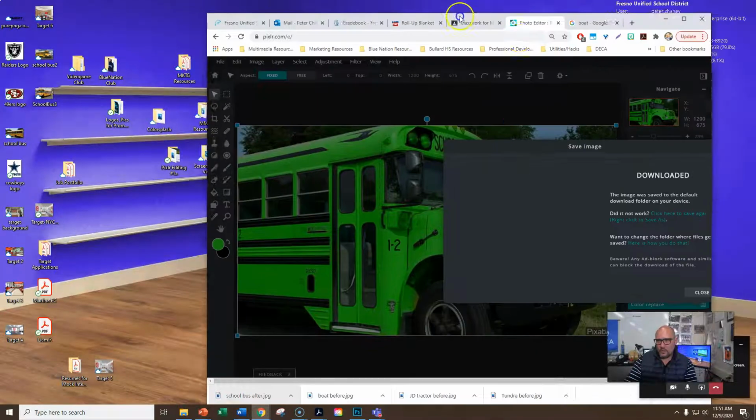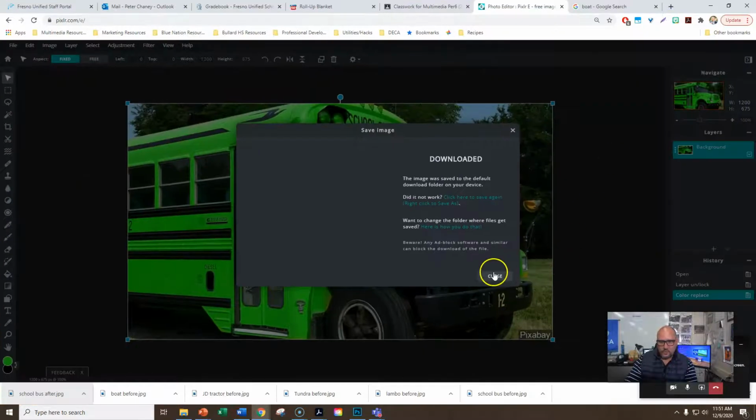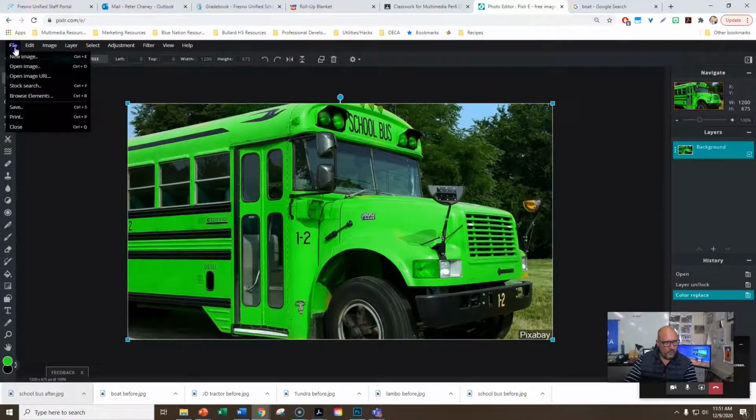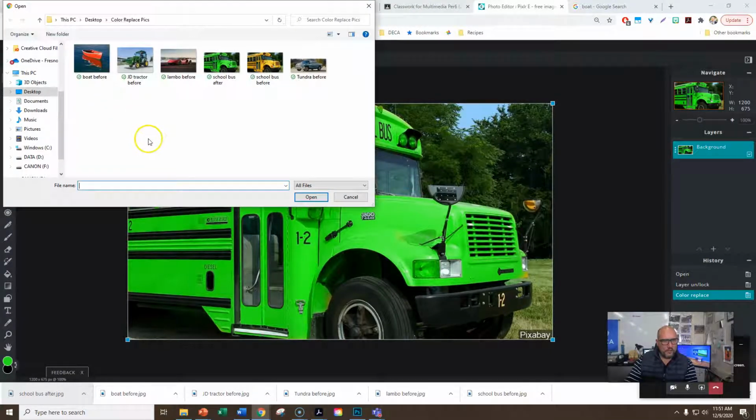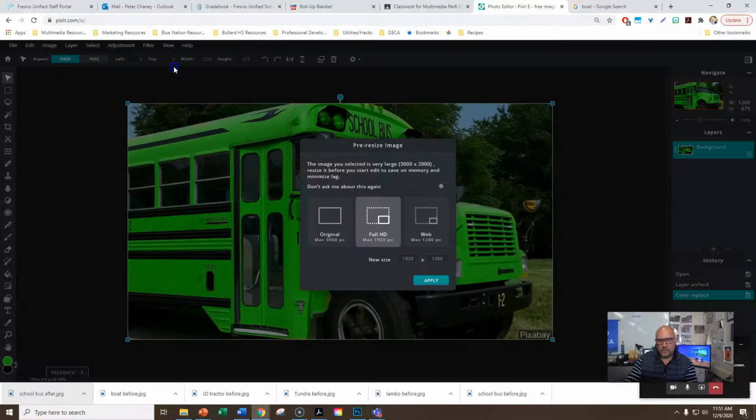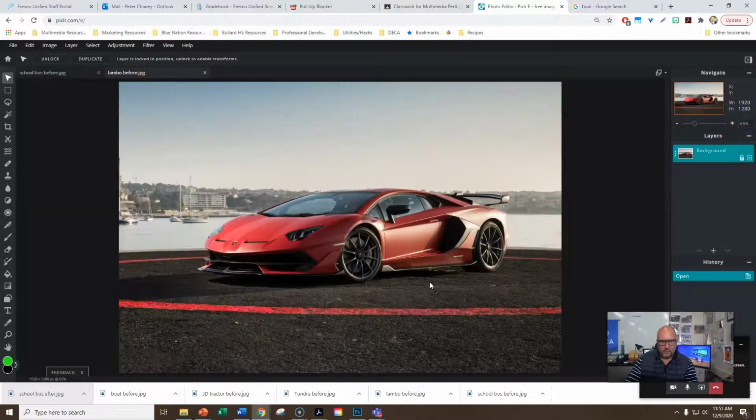Let's try one more, just to make sure that the tool works for more than one image. So I'm going to go open up one of my other before pictures, and let's do the Lambo. And what we have is a red Lamborghini,